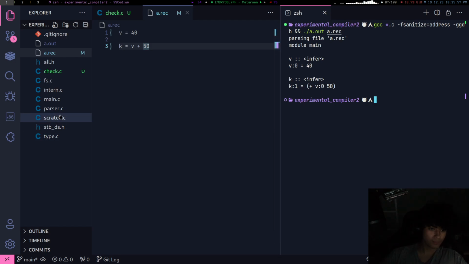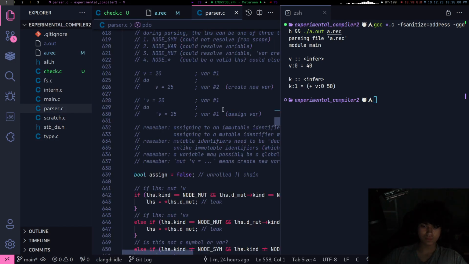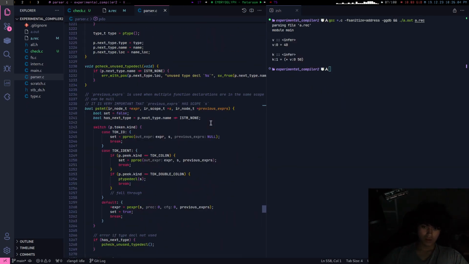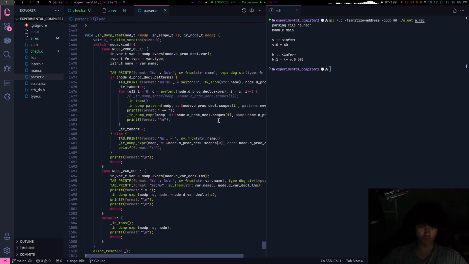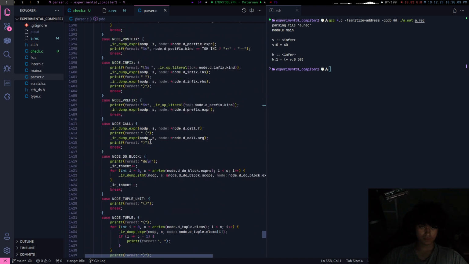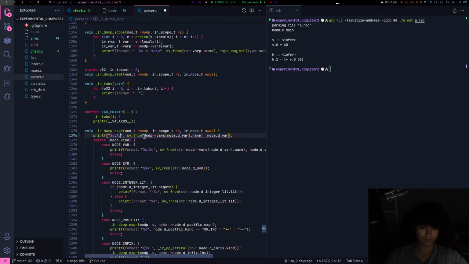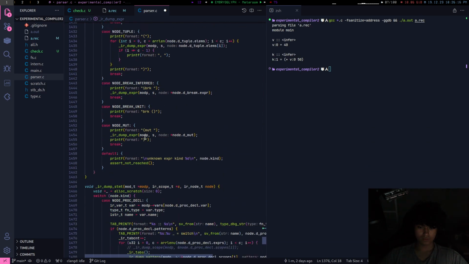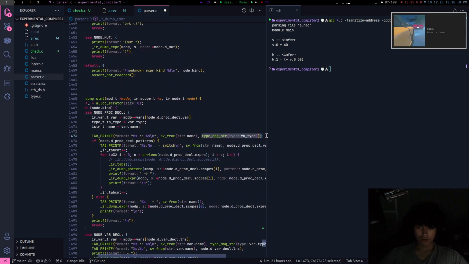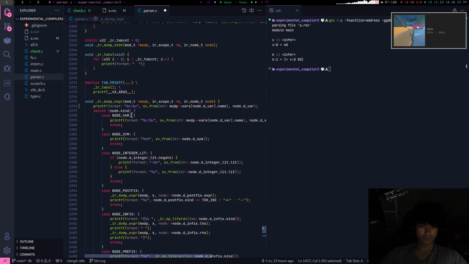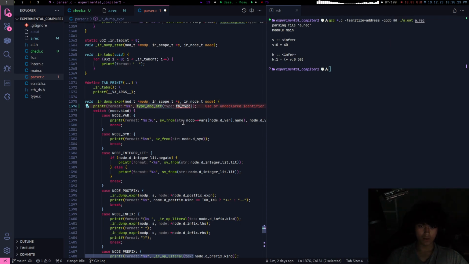What I can do first is, when I'm printing them, go all the way down here. I want to attach the type before an expression, kind of like this. Where is it? Type debug string. Node dot.